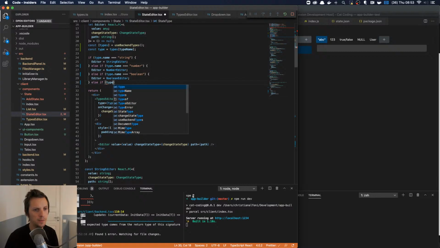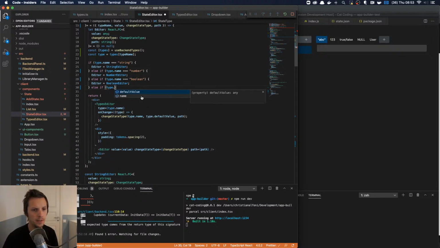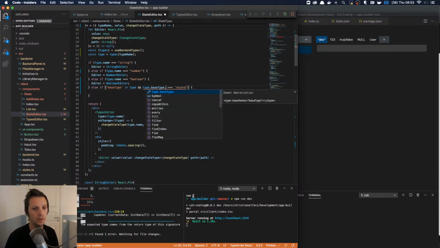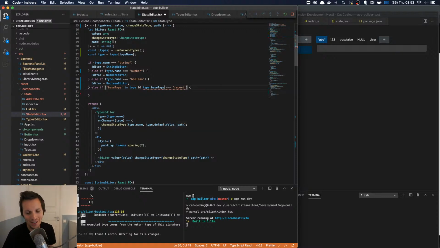How do I get TypeScript to understand? I want to access the base type. Can I say like if base type in type? Does it understand it then? Yeah, nice. Or if there's a base type and type.base type equals record. Oh, sorry, base type.name. Oh yeah, and this is the thing, a base type is actually an array of types